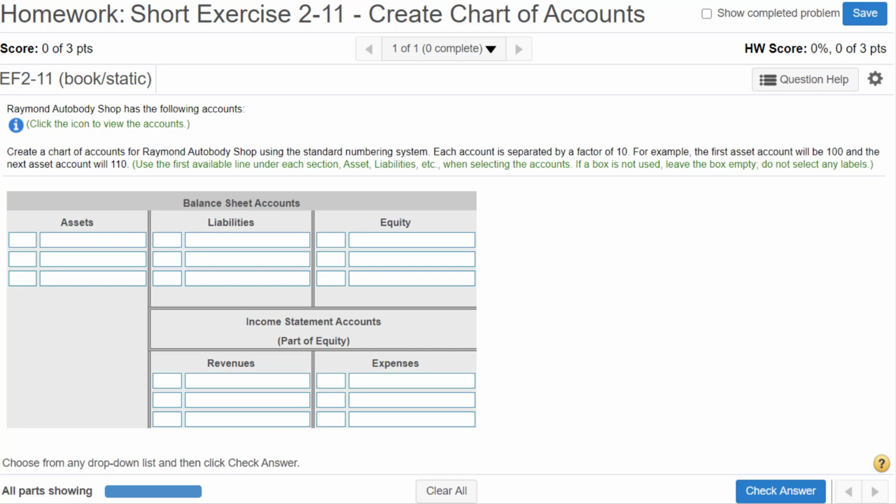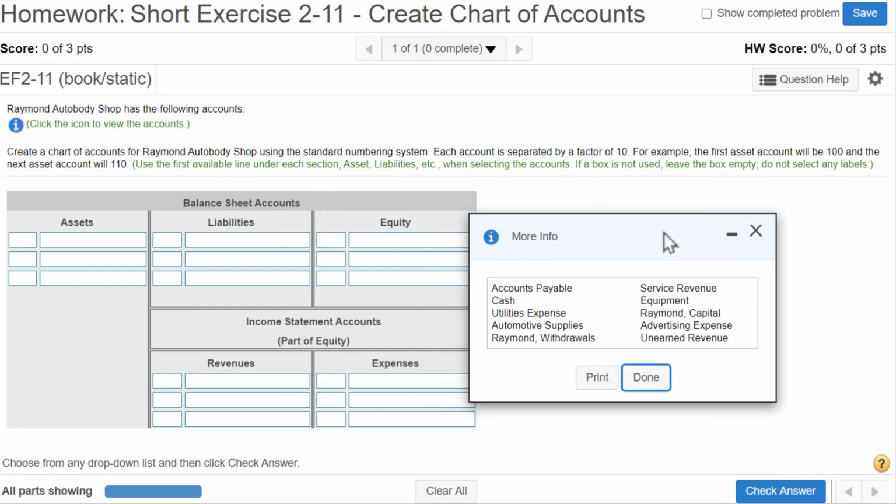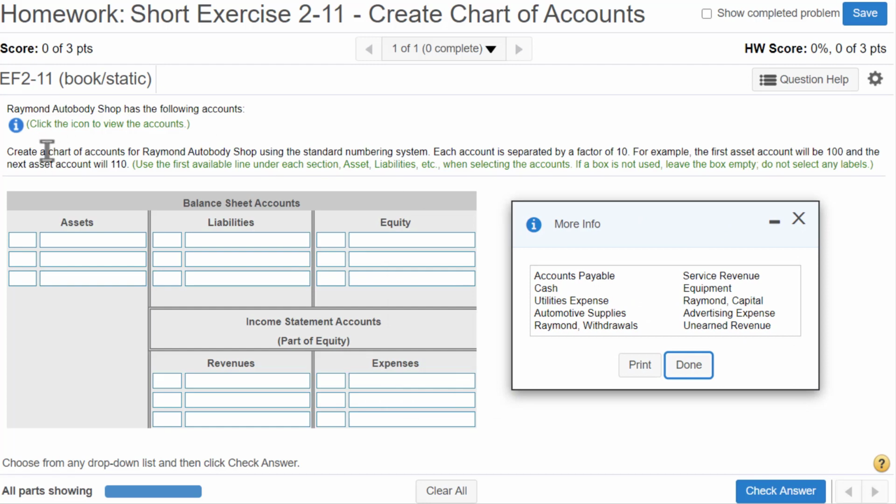Short exercise 2-11. We're going to create a chart of accounts. Raymond Auto Body Shop has the following accounts in no particular order. We're going to create a chart of accounts for the company using the standard numbering system. Each account is separated by a factor of 10. So if cash is 100, then the next account would be 110. And the reason you try to leave numbers in between is in case later you have to add